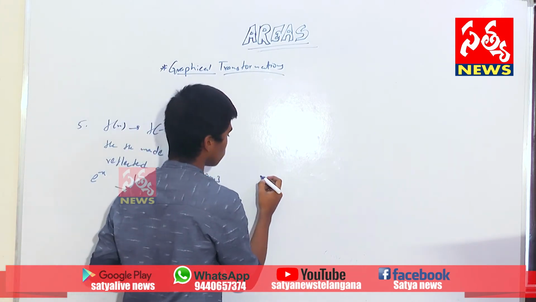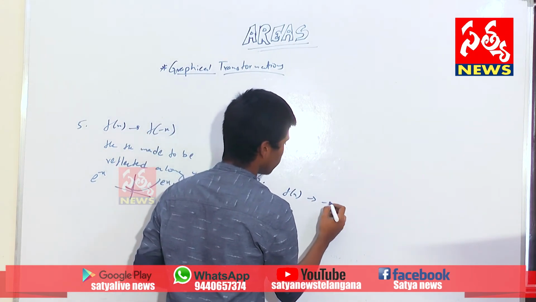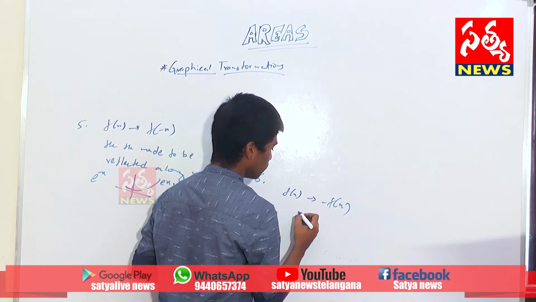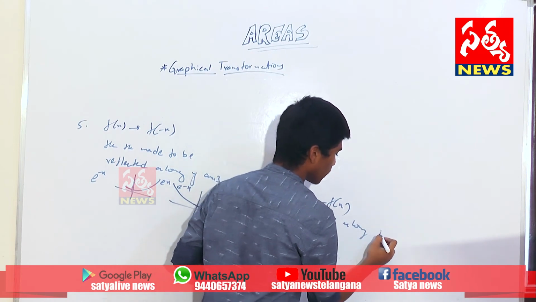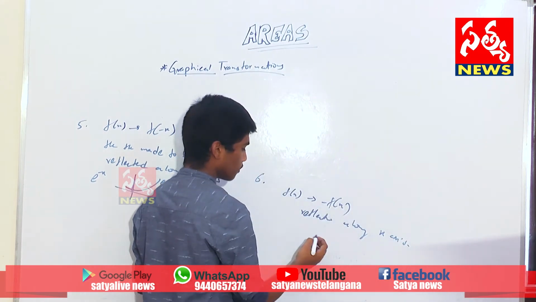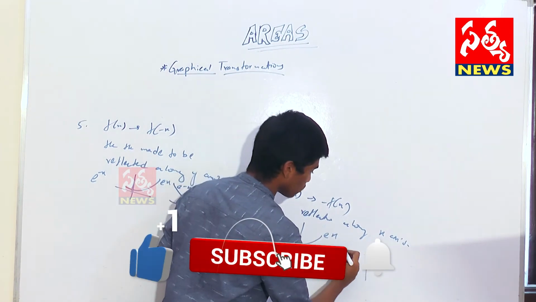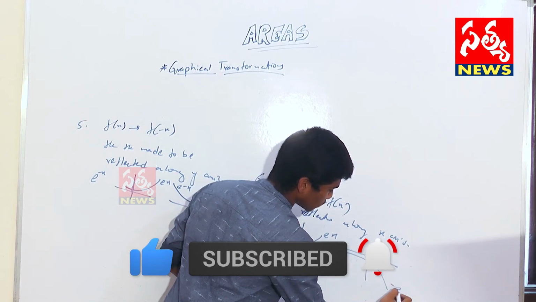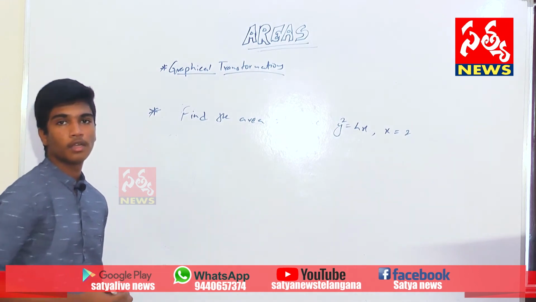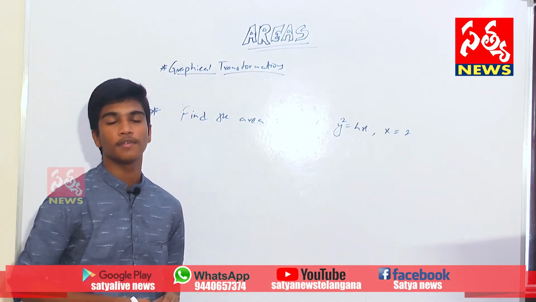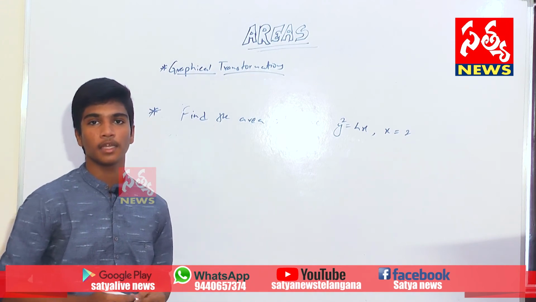And the sixth one, if f of x is made to minus of f of x, then the curve is reflected along x-axis. For example, this is e power x and this is minus e power x. Got it right? There are 5 more graphical transformations which are very important. I have left them in the description. You can please check there.